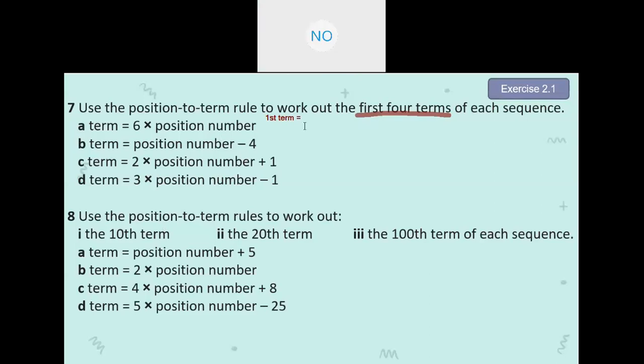Yeah. How many will it be? It will be 6. Is there anyone who is confused? How do I get 6 for the first term? Is there anyone who is confused? Hello? No one? Okay, if no one is confused, I'll continue to the third term. How many will it be for the third term?